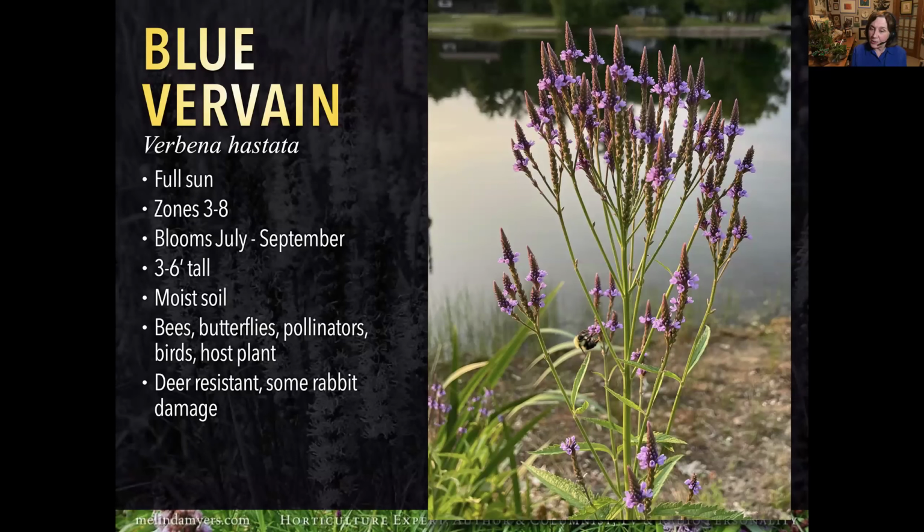It takes over after some of those spring blooming perennials are finished. As I mentioned, this is the vervain that needs that moist soil. Deer resistant, the rabbits may do some damage. And I just want to mention deer resistant doesn't mean immune. If the populations are high enough and they're hungry enough, they'll eat anything, as you've probably found. But these are plants, if deer are a problem, you might want to include some of these to increase your